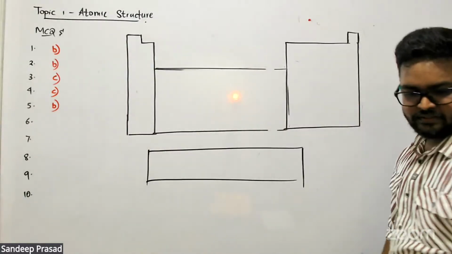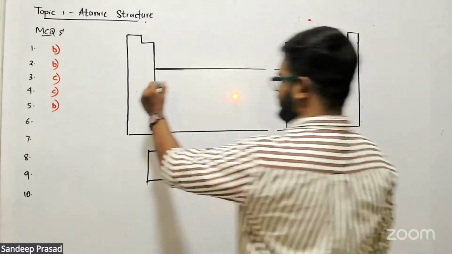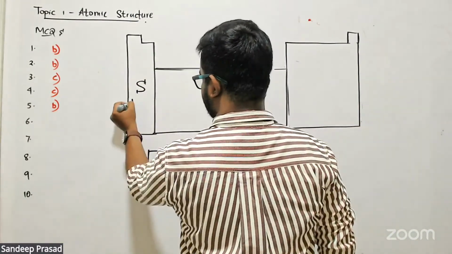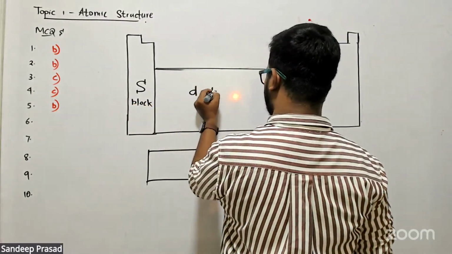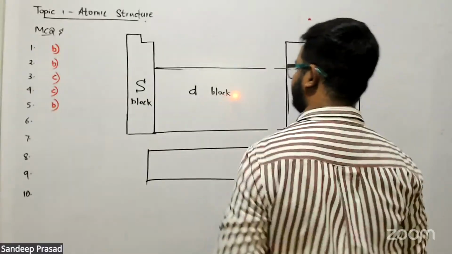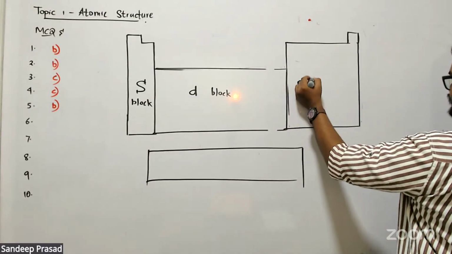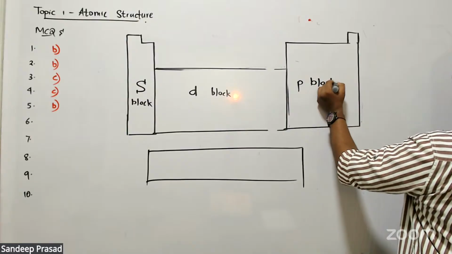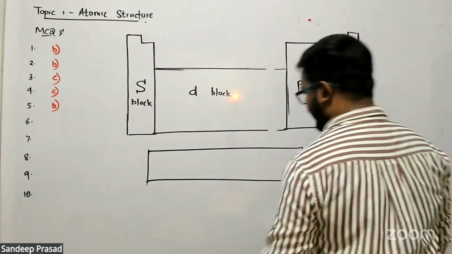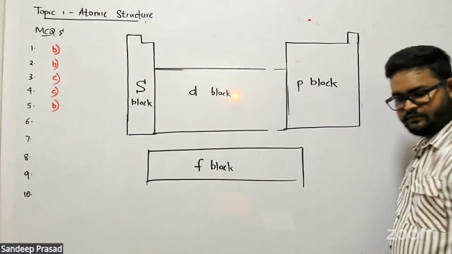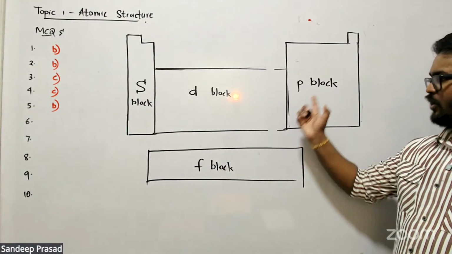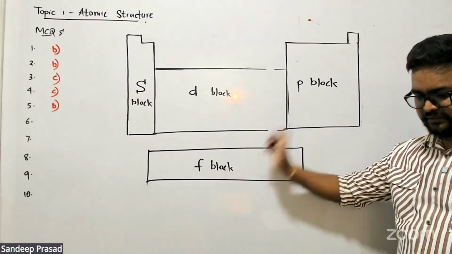In this way. So this is actually known as S block, blockwise classification. This is known as D block, right? And the next one is P block in the right side corner. At the bottom, we have F block, right? We are studying about S block, P block, D block, and we're not discussing the F block in A